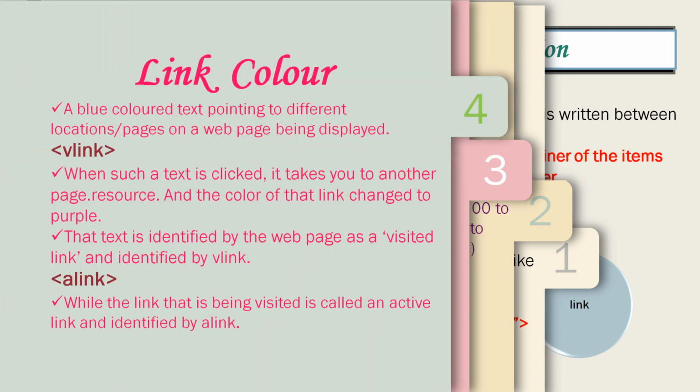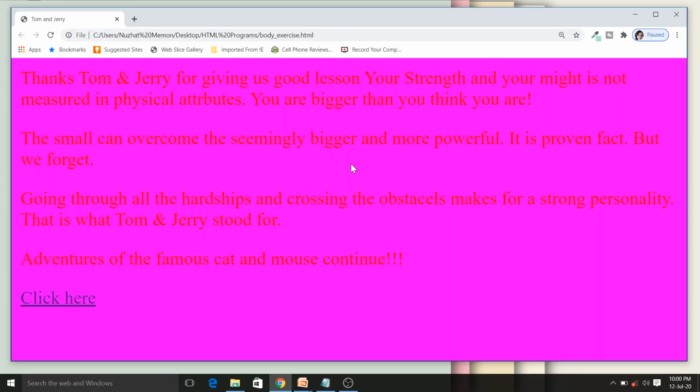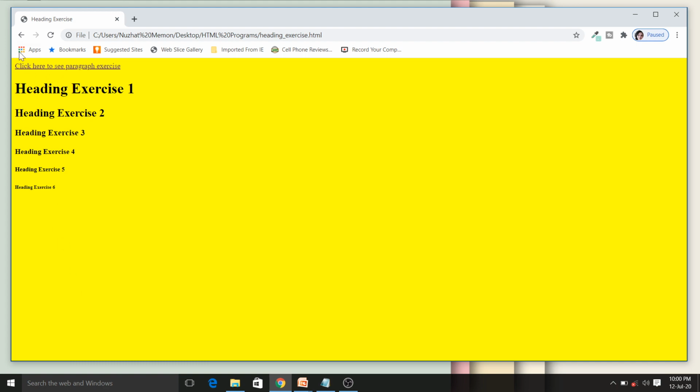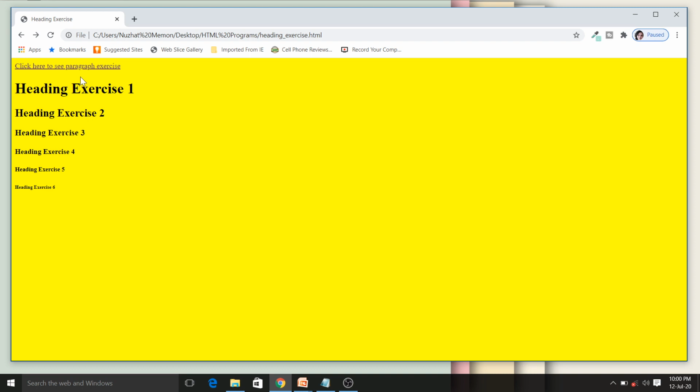That is link color. In the last video lecture we did the anchor tag, and as you open your web page you can see a blue color link that is pointing to a different location or web page, that is active link, and it is blue in color. As you click on this link, the color of the text will change to purple. So again I will go, it will be purple in color.